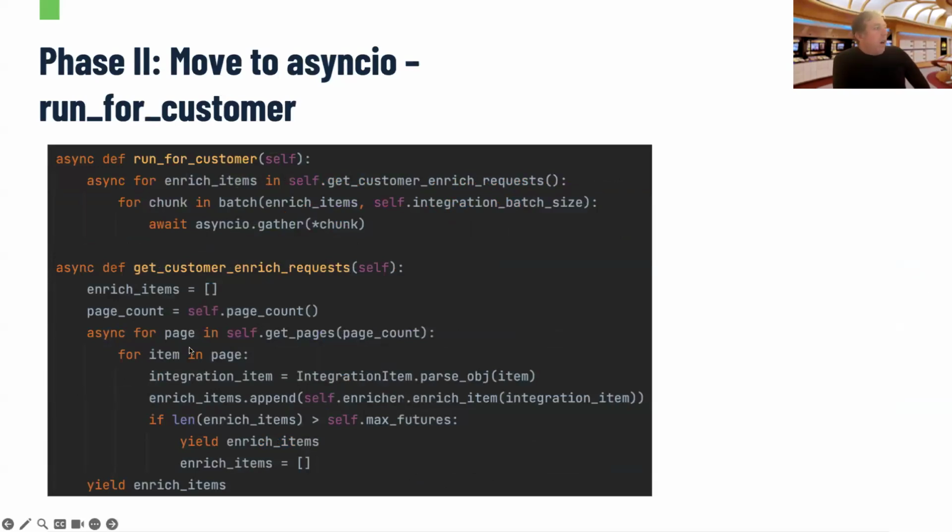First, we run through the pages, okay? And when we want to enrich the items, we create batches of coroutines, and then we run them together. Okay, so here the coroutines are created according to the number of the integration items. And when you enrich and read the information, each batch of the coroutines runs together. So they happen together and wait only for the IO for each of the items. Okay.